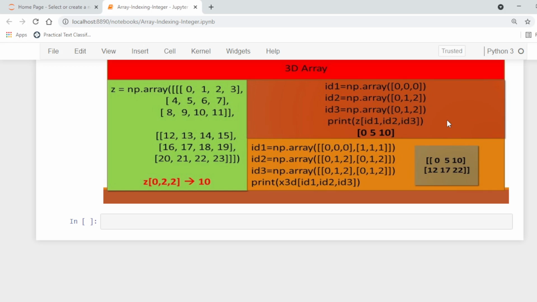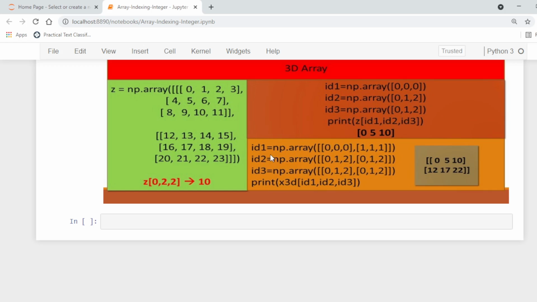Similarly, we pick the value stored in the 0 block, second row and second column, which is 5. And then we select the value from the 0 block, third row and third column, which is 10. So it will return this.